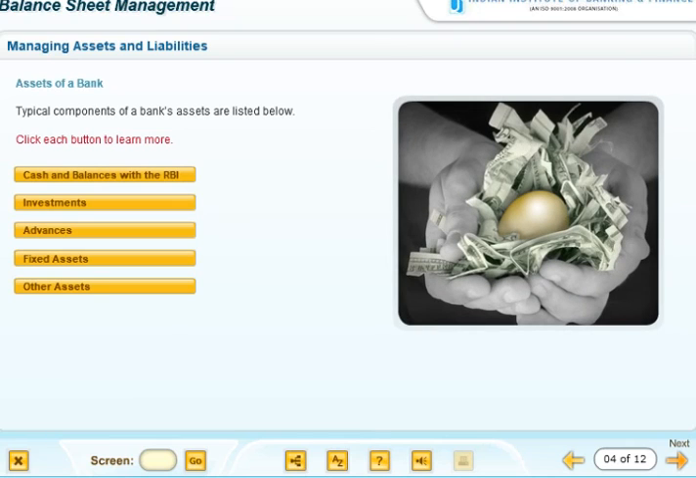Typical components of a bank's assets are listed below. Click